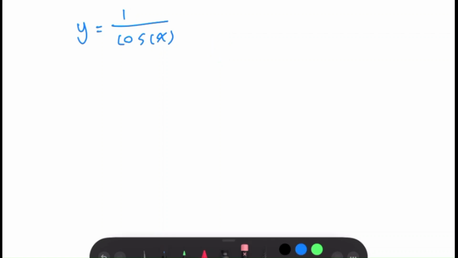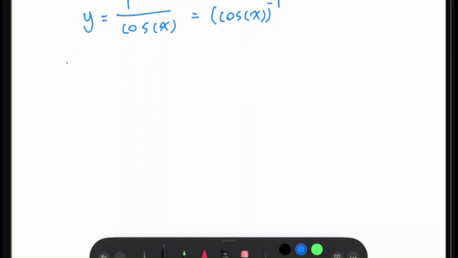To do this, we can first realize that this is just equal to cos x to the power of -1. So when we differentiate things, we can then say by chain rule, dy dx is,